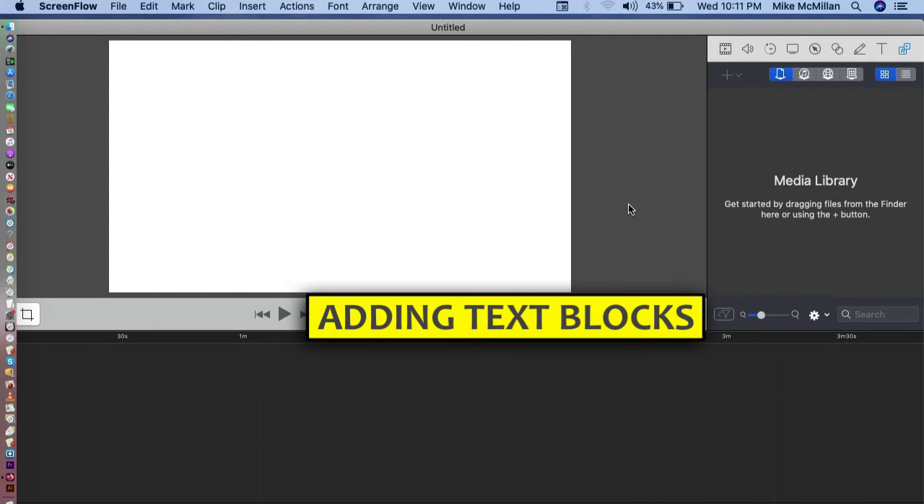Okay, well, this is kind of fun. I like working with text, and what we'll do for the next few minutes here is just show you some things that you can do with text inside of ScreenFlow to jazz up your videos that you're working on just a little bit. So to begin with, here's a new ScreenFlow document, and what I am going to do is